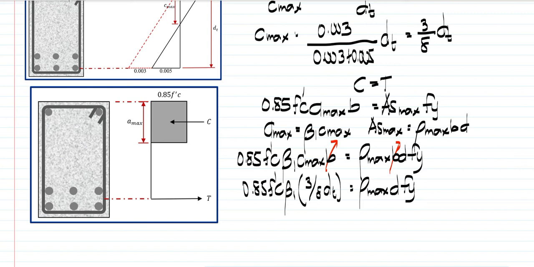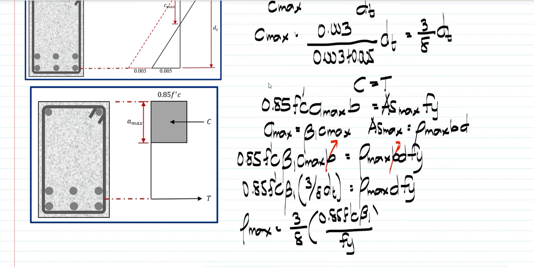Then, arranging the terms to get the equation for our rho maximum, we could have rho max, which is 3/8 times 0.85 F prime C beta 1 over the Fy times dt over the d. So, ito na ngayon yung value ng maximum steel ratio natin,